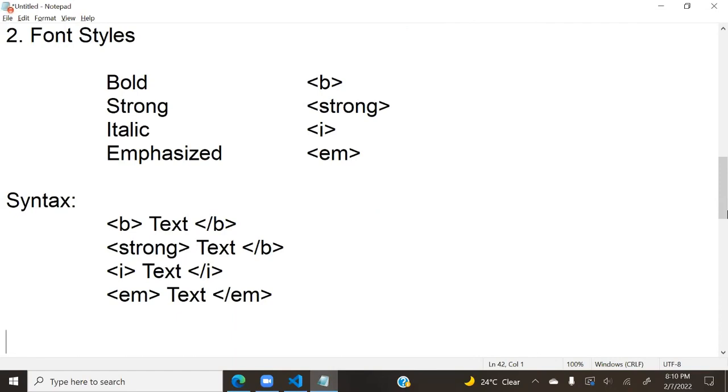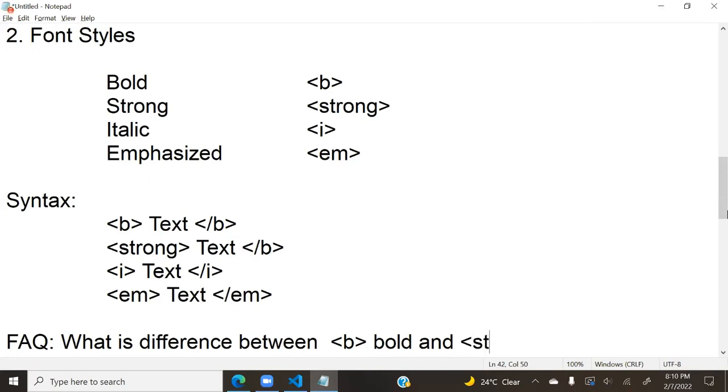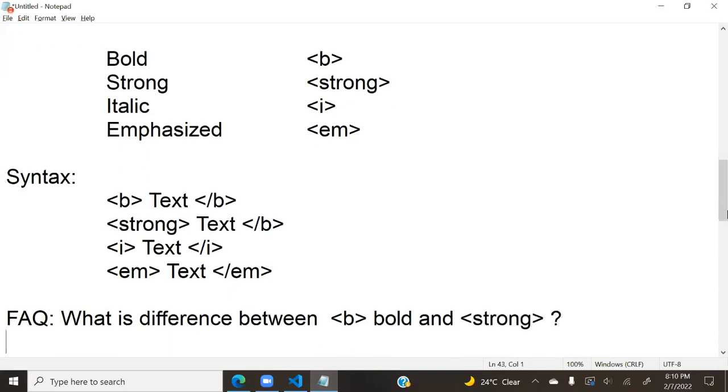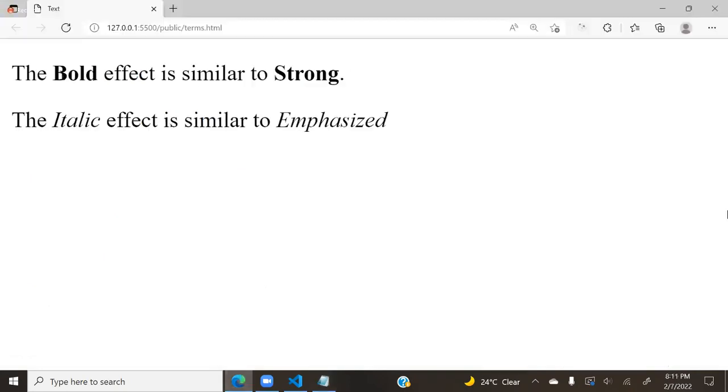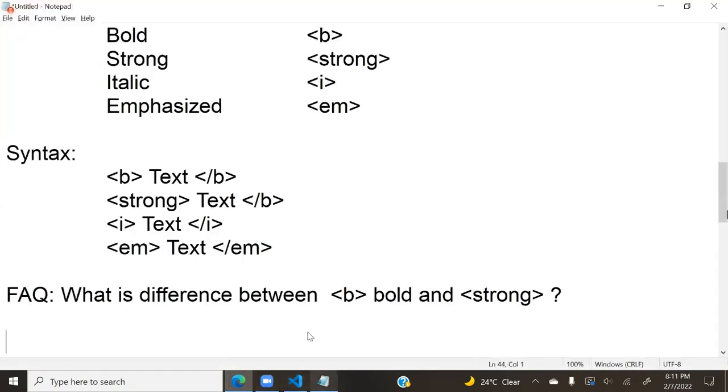Now the question, a frequently asked question, what is difference between bold and strong? Because both look same. What is difference between bold and strong? If you know that, same for italic and emphasize. Because both are looking same, then the question will come, what is difference? So let's see, to understand the difference between bold and strong,